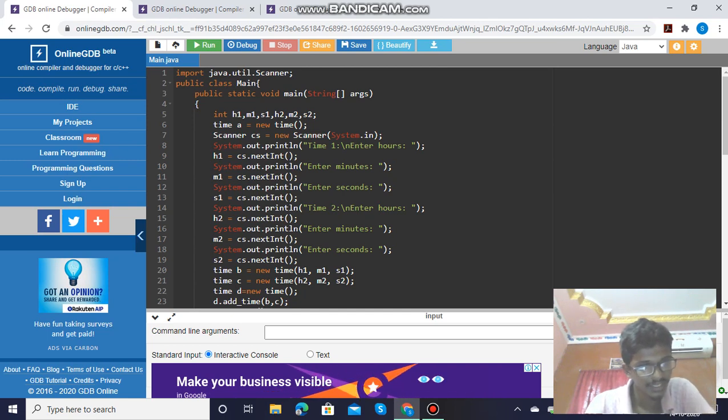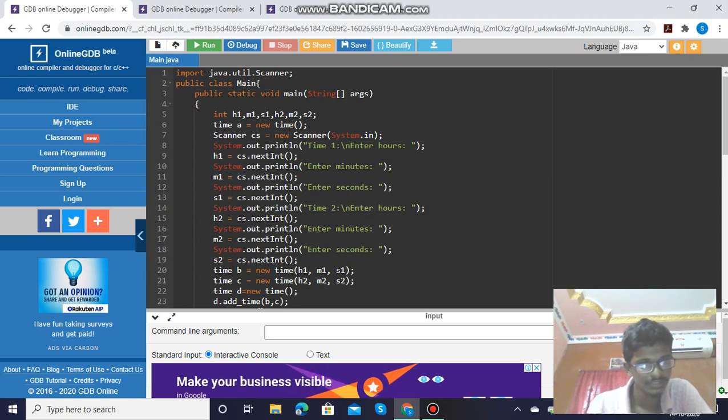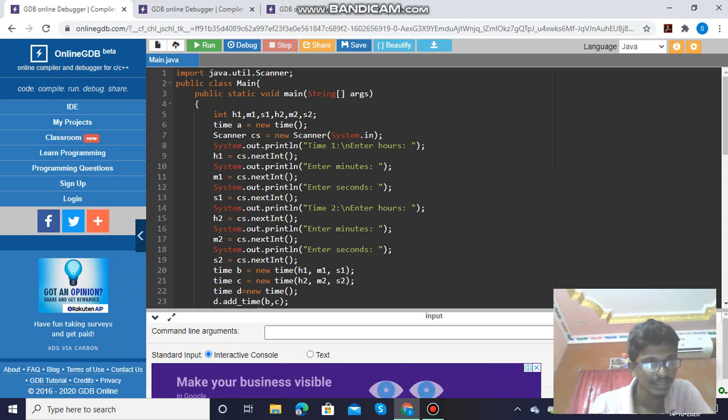First program: write a Java program that adds times using classes and objects and prints the final sum of times. First, we import the Scanner class from the java.util package. Then we write the main function and create an object using a default constructor.